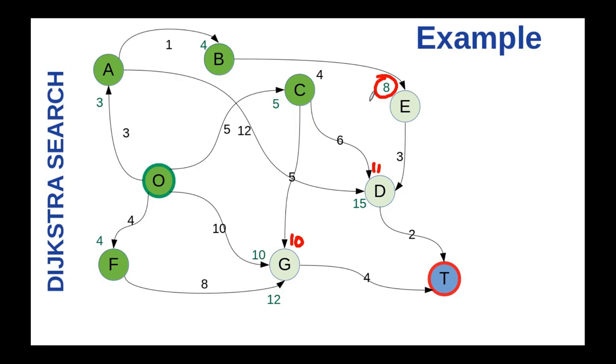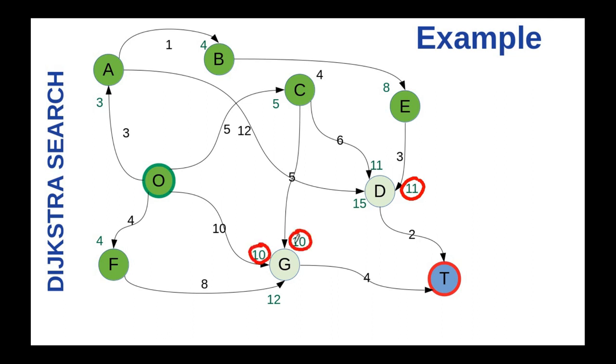So now, the next candidate is E. So now we compare these 10, 11, and as you can see here, we have another 10 because we can reach D by 3 different routes: O, A, D; O, C, D; and O, A, B, E, and D. So as you can see here, we now must consider this tie